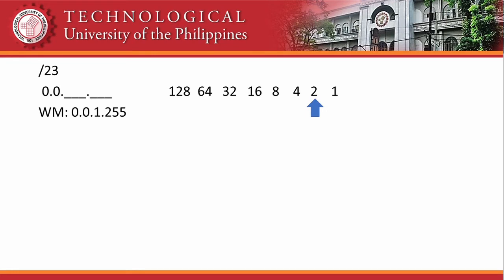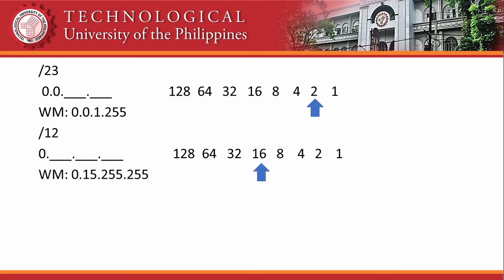Paano yung last octet? Pag naubos na yun, bibilangin mo automatic 255 na yun. So, sa wildcard mask mo is 0.0.1.255. Okay, sa slash 12 naman tayo. How many multiples of 8? Isa lang, di ba? So, we have 1 0. For our remainder, we have 4. So, count natin yun, bits niya from left, the value would be 16. 16 minus 1 is 15. So, our wildcard mask would be